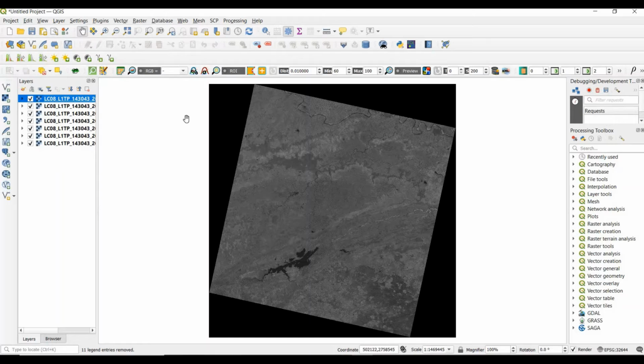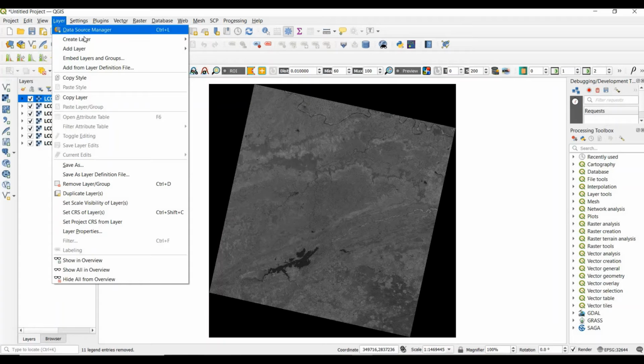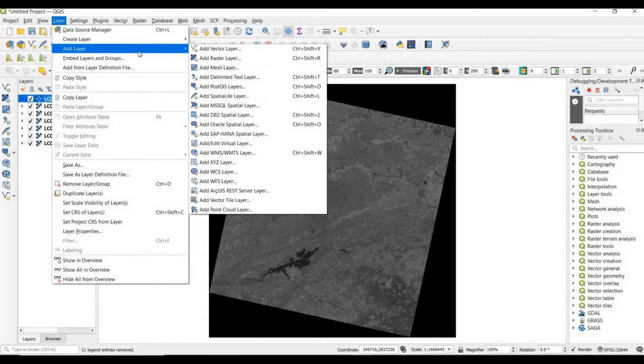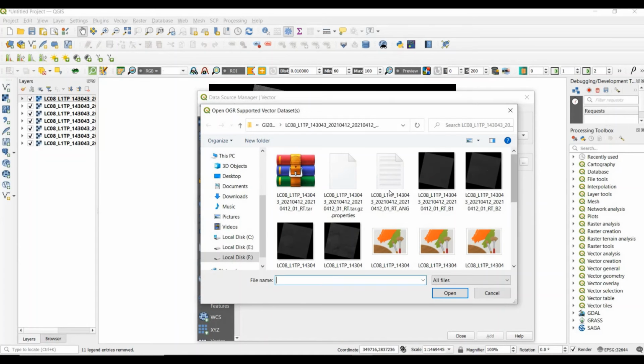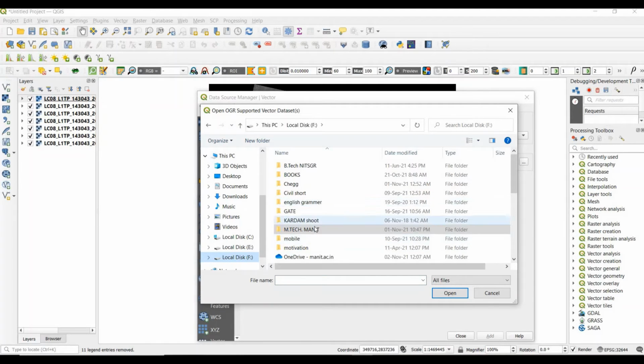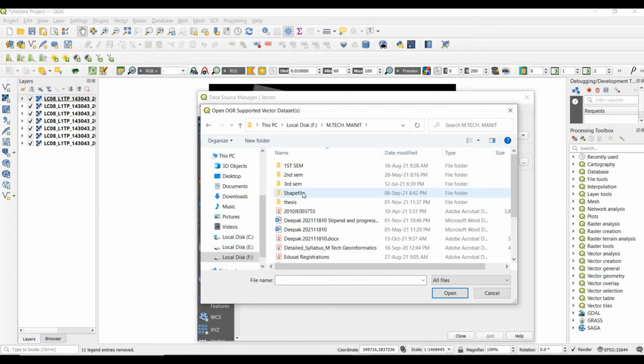Let's see how a vector layer we can add and how it will appear with the raster layer. So add vector, give the path of your vector layer where you stored it. I stored my vector layer in district shape file.